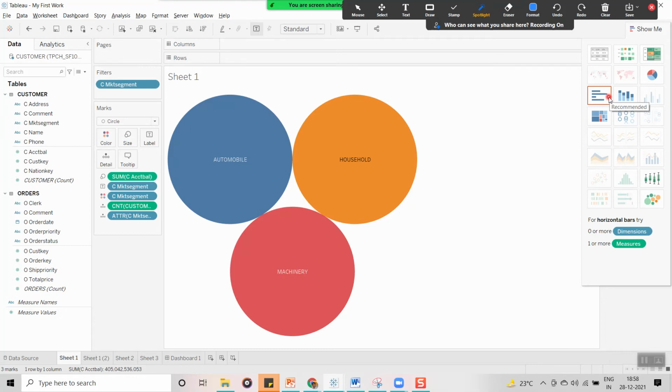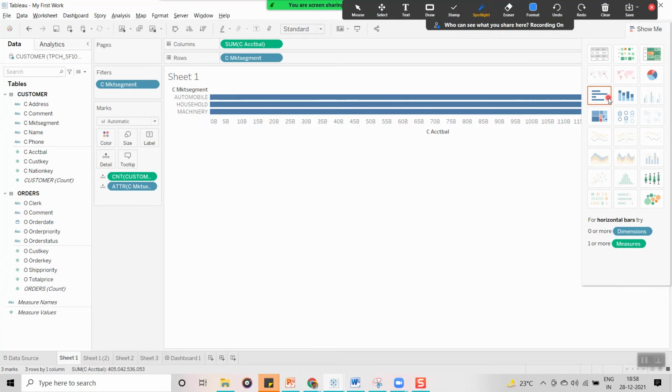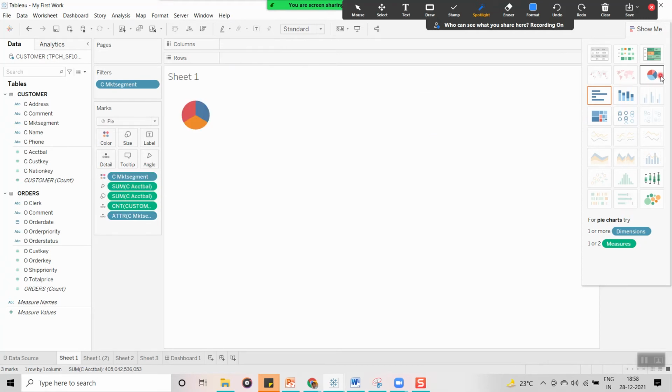That is up to you, whether you want to use it or not. Automatically, based on the fields or data you are using, it displays one orange color box. This is the recommended graph.